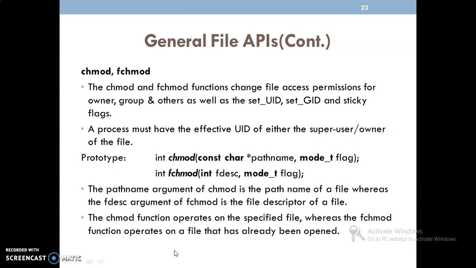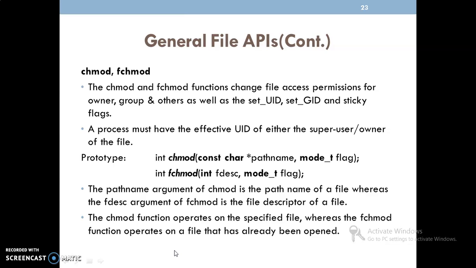Then chmod and fchmod. We already discussed in the second module how to change the access permission of a particular file. If I want to change the read, write and execute permissions for the user category, group category and others, I use the chmod command. Remember that the implementation of the chmod command is by using the chmod API.